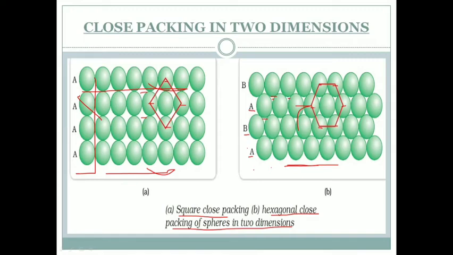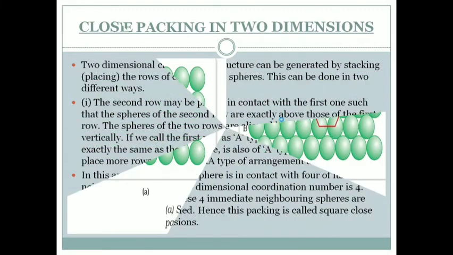And in this layer, you can see some empty spaces. These are known as voids. And you can observe 2 types of voids here. These voids are triangular in shape, and the apex of the triangles are pointing upwards in some and downwards in others. So, 2 types of voids are observed, right?